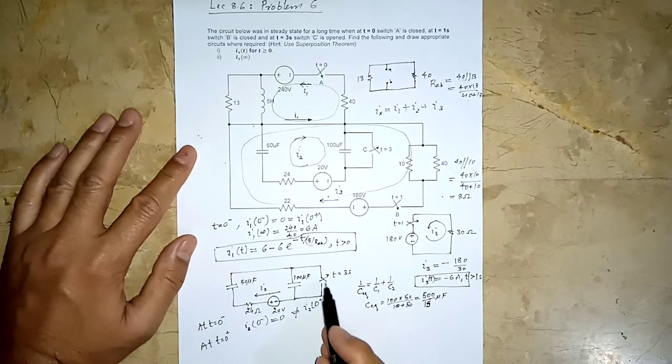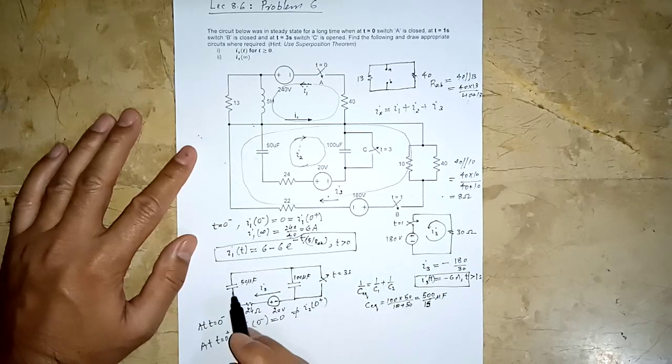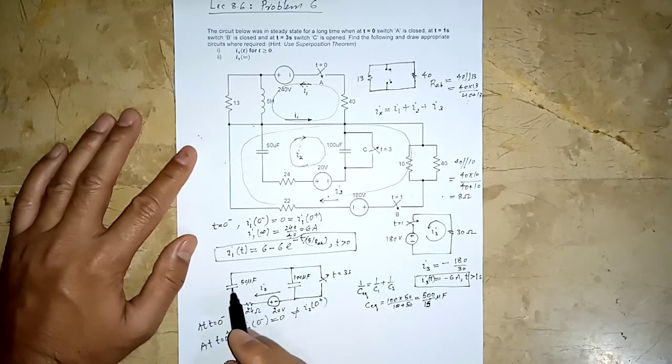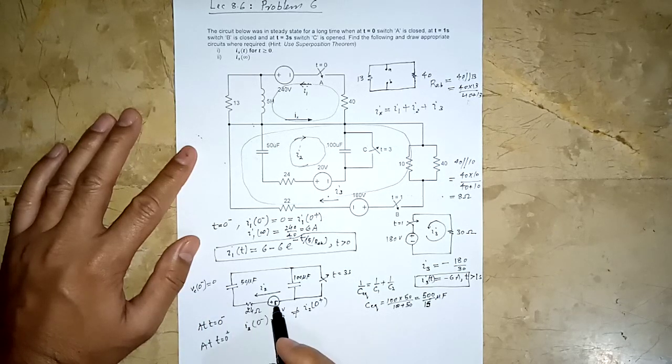I have made one mistake. The switch was closed actually, so this was shorted out. So there was no concept of this equivalent calculation. This capacitor was only in play. So before this switch was opened, actually only this was in the circuit. So we will have VC(0 minus), no, we will have this fully charged.